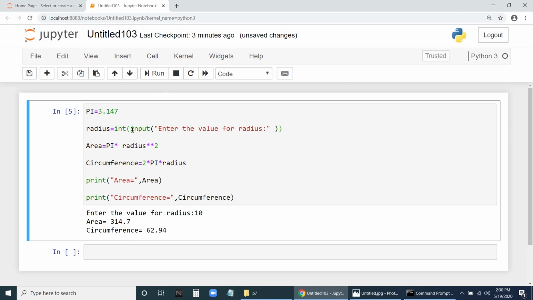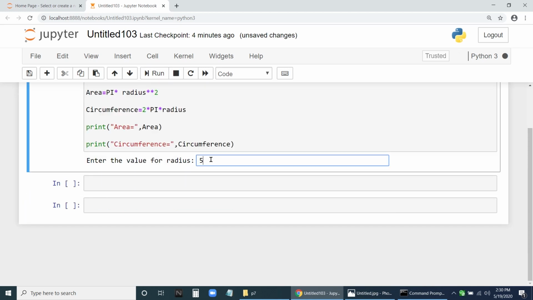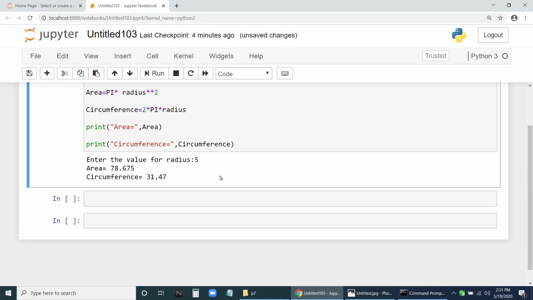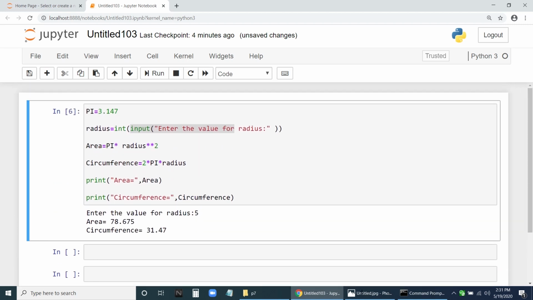So this input method is to input the data, and we are going to convert that to an integer. Fine. So this is int, to convert string to integer. Whatever the input, let us say we give 5 here. This 5 will be in the form of a string, 5 in double quotes. So that will be changed to integer. Fine. So let us run this one. Now I have to press enter here. Now this is what we have done here.